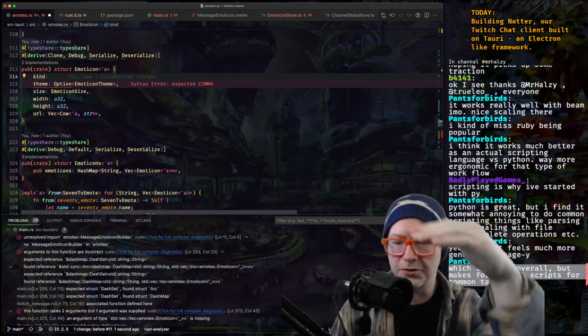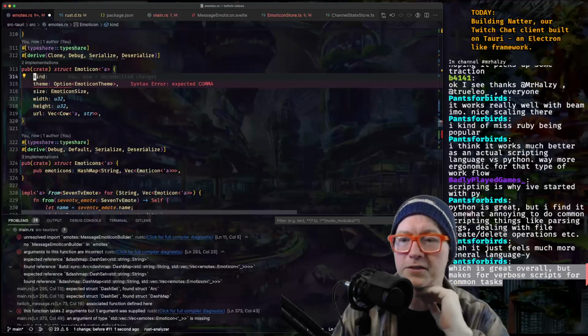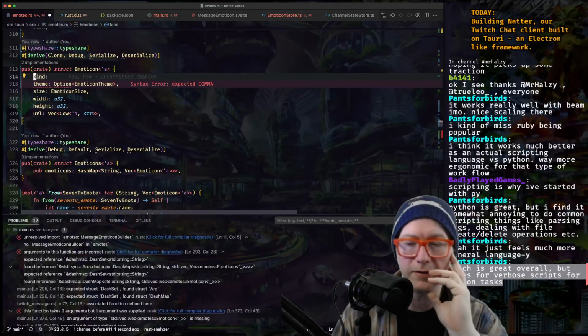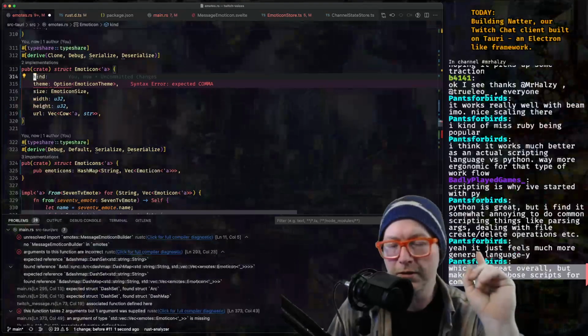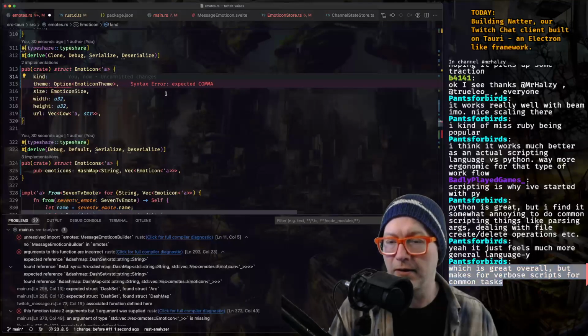If we were trying to search through these and find the best emoticon given a set of user preferences, what would we call this? They would probably just have a checkbox like show animated, right? That'd be true or false.